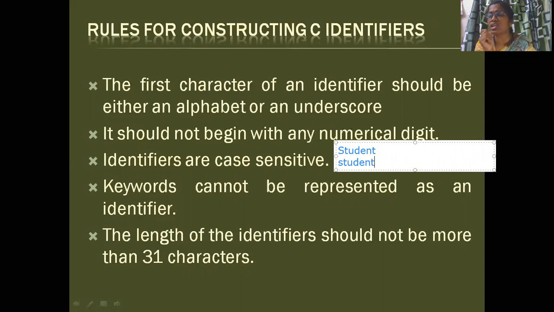As C is a case sensitive language, if you have written it as lowercase, you need to write it as lowercase. The compiler understands only as it is. If you have written it as a capital letter, you need to write it as a capital letter. That's it. It cannot understand them as equal, because it involves ASCII codes. You will get to know what the ASCII codes are.